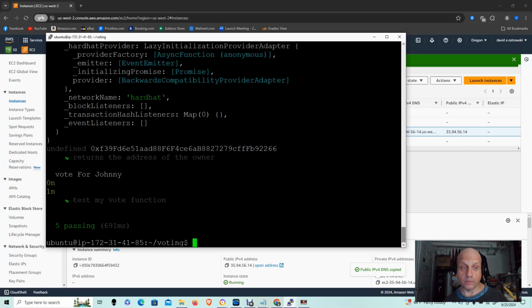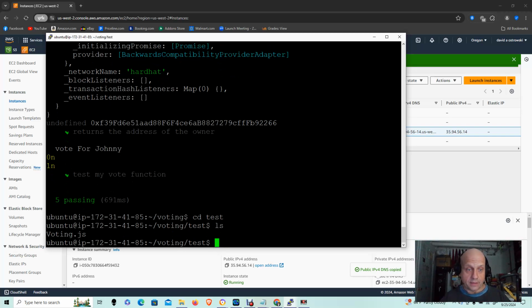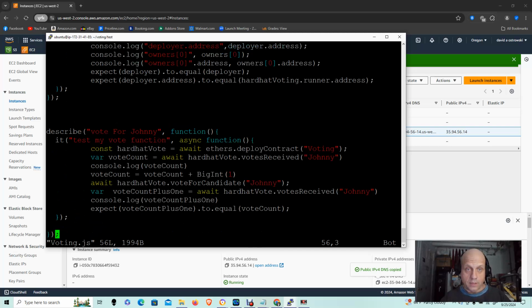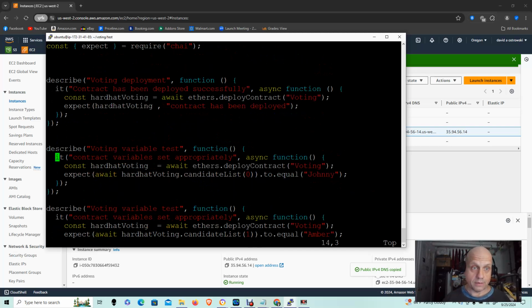Finally, the vote: we have a test that takes one of the candidates and performs a vote on that and manually increments it and compares it. Did my voting function actually increment it by 1? And it did, and it successfully passed. So let's take a look at that and see exactly the logic that was applied here to get this up and running. So I'm going to go into my